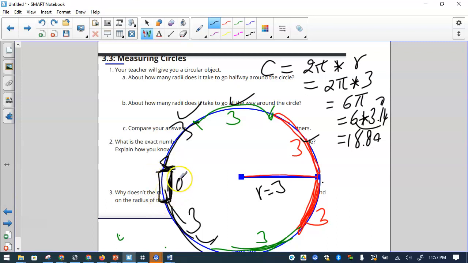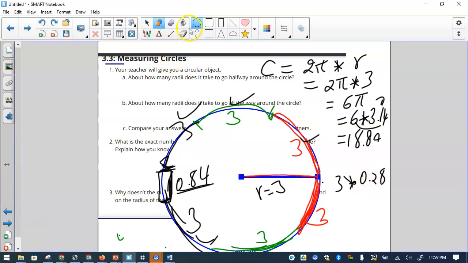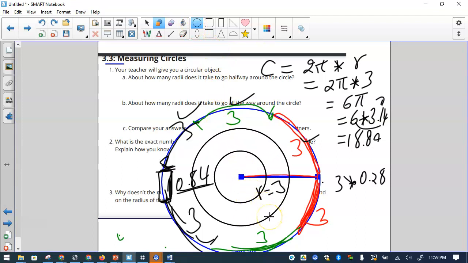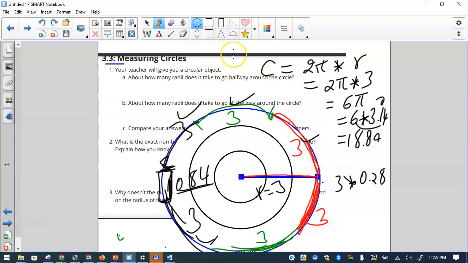So this will be 0.84, which is basically 3 times 0.28. I could have drawn another circle, a unit circle, on this one. This could be 1, and I can draw another one with 2. So this is like 2. What I'm trying to say is that this part,